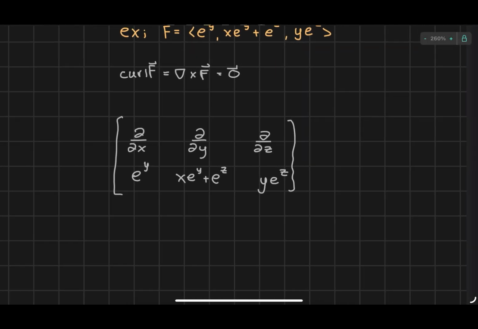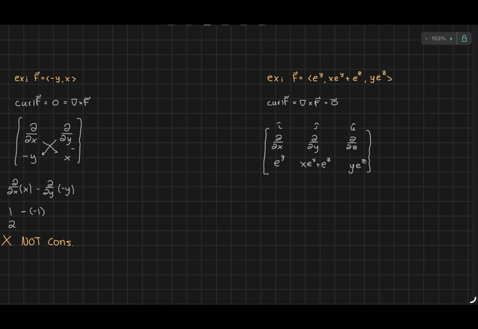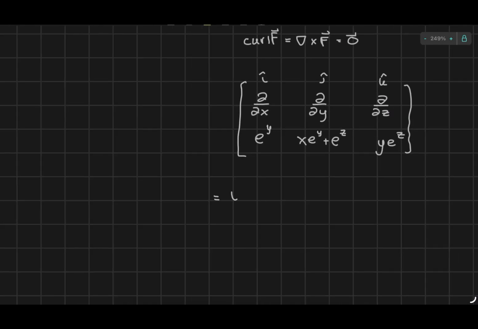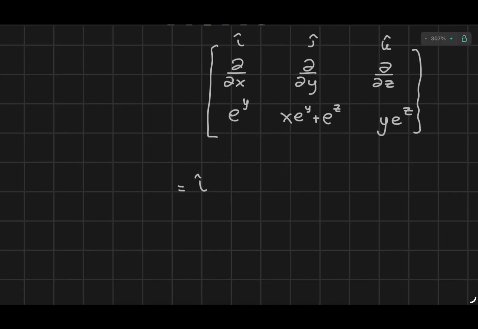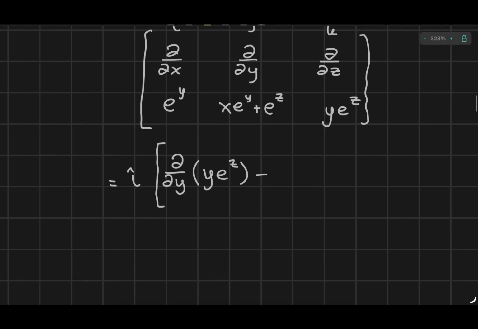There's a determinant there. Gotta have an i, j, and k up top, of course. Alrighty, so let's just go ahead and compute this. I like to compute my determinants vertically, by the way. If you're following along with the video, you can go ahead and compute the determinant however you might want. We're gonna have the partial of y e to the z with respect to y minus our